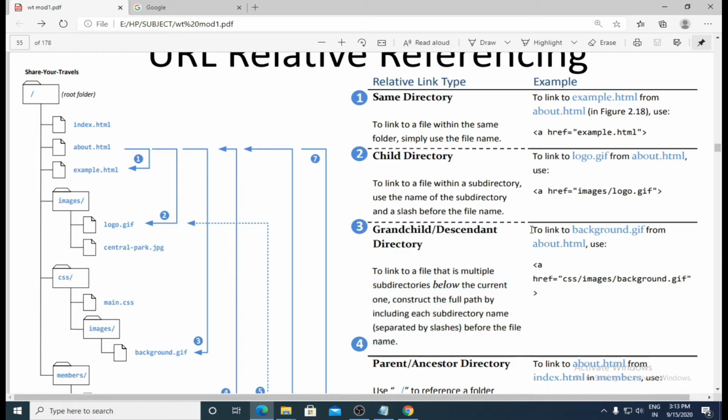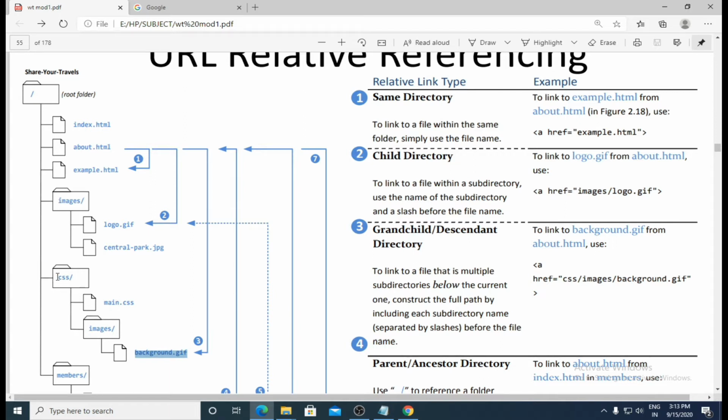For example, to link to background.gif from about.html. That means from about.html you want to go to background.gif. Okay, so which all you have to go through, which all you have to mention. So you mention the directory name directly, that is css, then you go to the subdirectory images and inside that you go to the file name background.gif.